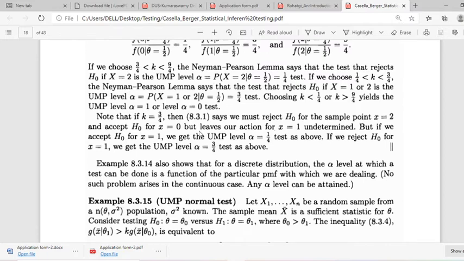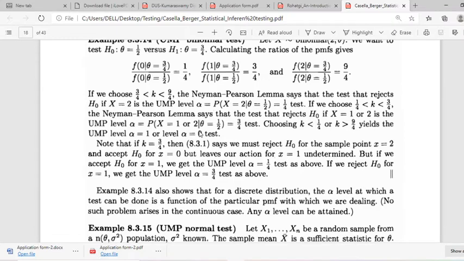f1 by f0 greater than k implies x equal to 2 is the rejection region. f1 by f0 less than k implies x equal to 0 is the acceptance region. But when f1 by f0 equal to this 3 by 4, we cannot determine, it is undetermined. Okay, so this is a problem illustrating acceptance, rejection and undetermined decision. Okay,